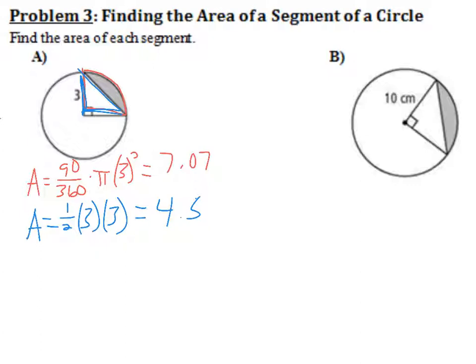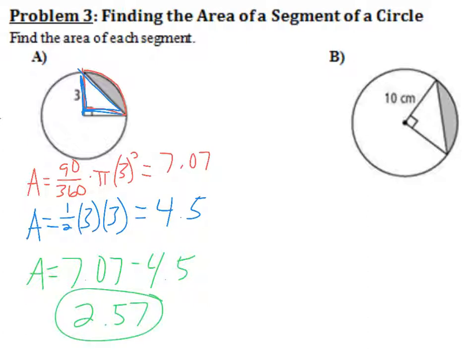So the final thing I need to do to find the area of my segment, I take the area of the sector minus the area of the triangle, and I get 2.57. So go ahead and give the second one a shot. Pause the video when you're working on it, and then when you're ready, go ahead and hit play and